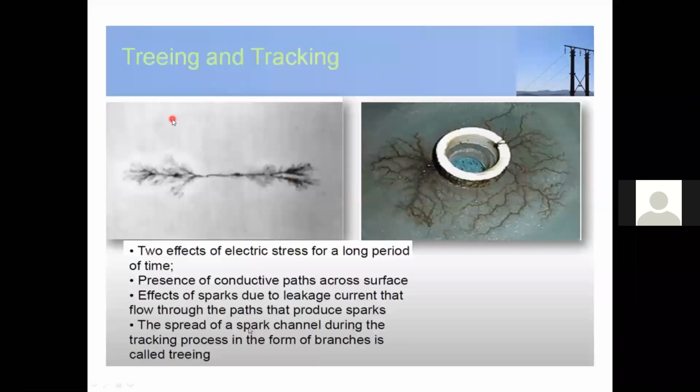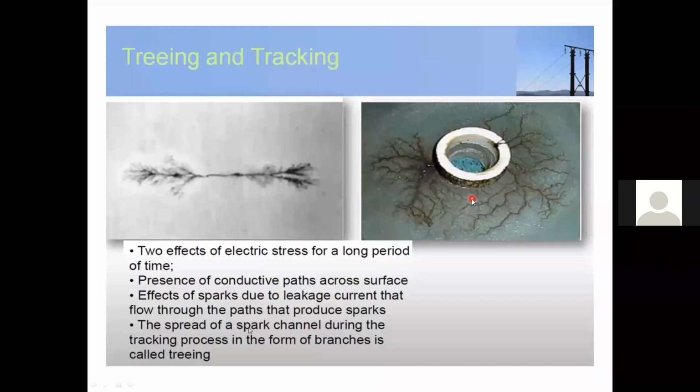So finally, treeing and tracking. The treeing and tracking are observed because of conductive paths across the surface, and also one more concept, leakage current. Because of leakage current, because of conduction on the surface of the solid type dielectric material, we observe treeing and tracking. Whenever this solid type dielectric material is subjected to high voltages,